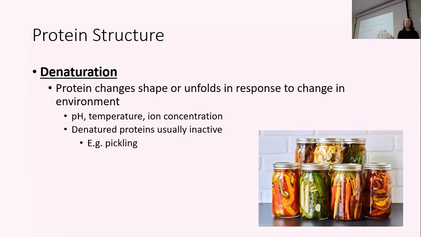And this is what pickling is. When you put vegetables or eggs or whatever in vinegar in a really, really acidic environment, you're denaturing the proteins and subsequently you're preserving these foods, right? If you add loads of salt, i.e. changing the ion concentration, right? You're denaturing the proteins in this food, which is different from